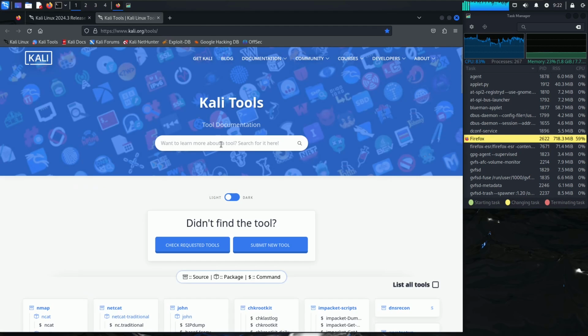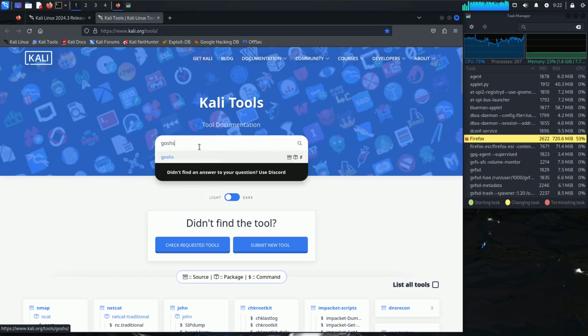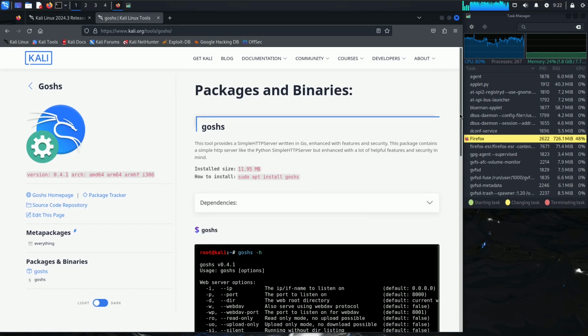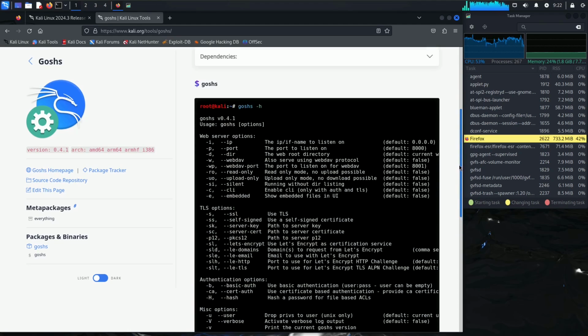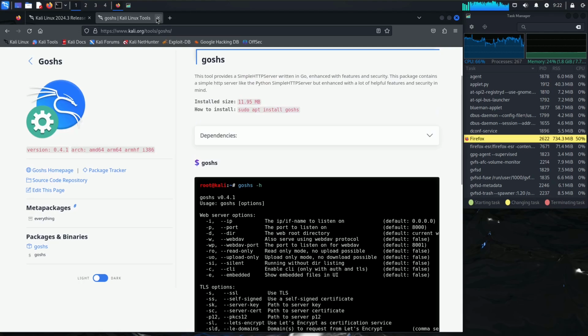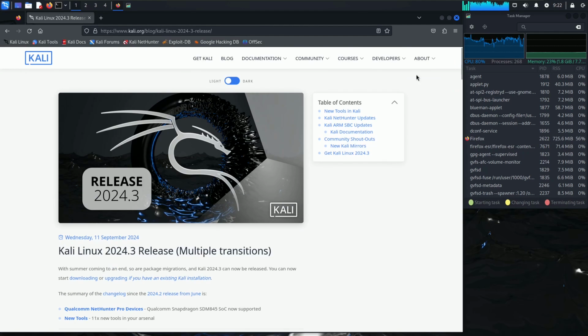Let's paste it here, and you should be seeing the... let's do it again. Let's paste, and here is the tool information. So here you can see all the information of the tool. And now let's go to the downloads, because these are all the main things. So I want to make the video as short as possible, so that's the reason.